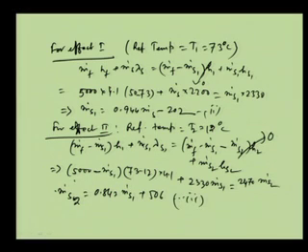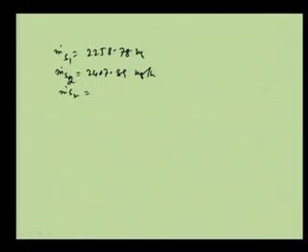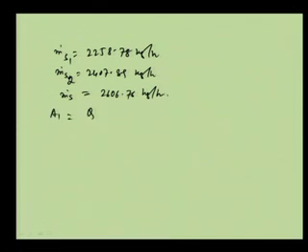So, if we solve all the 3 equations, we will get m dot s1 equal to 2407.89 kg per hour, m dot s2 equal to 2258.78 kg per hour, and m dot s equal to 2606.76 kg per hour. So, from there we can find out area 1 is equal to Q1 by U1 delta T1,